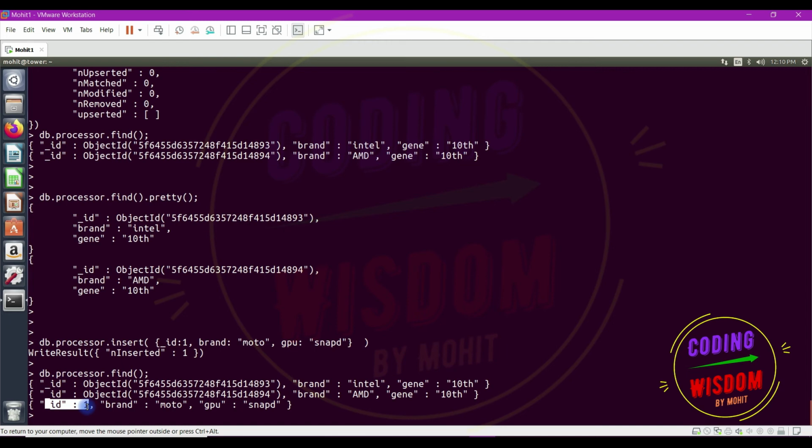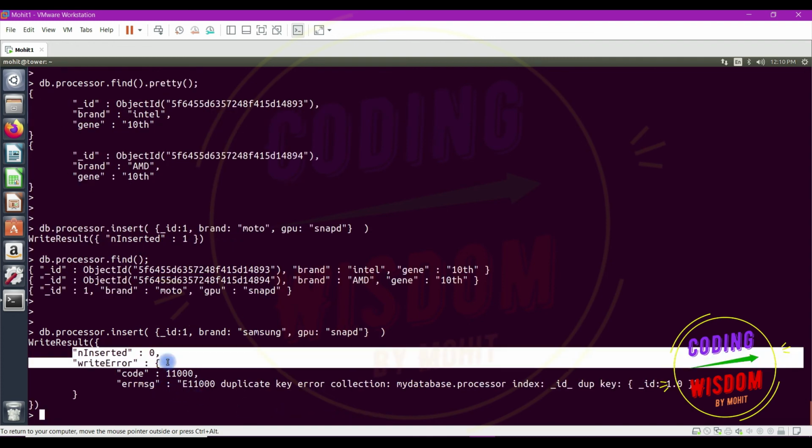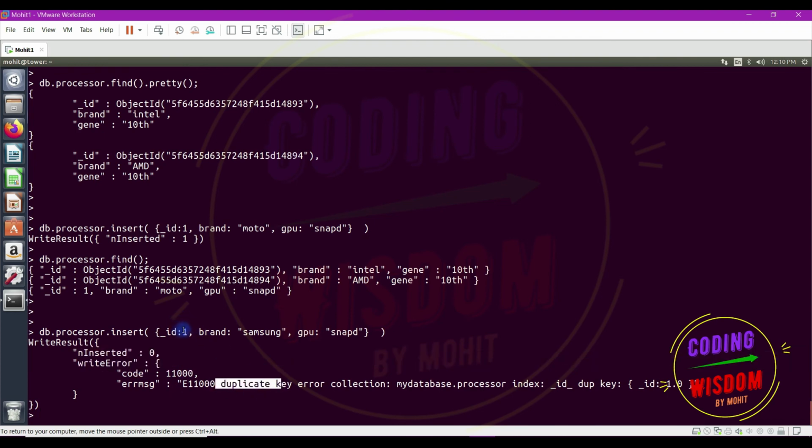I have created this ID manually this time, not automatically generated, because I explicitly gave this ID. But make sure this ID must be unique. If I try to give the same ID again, I'm changing the name here, Moto, I'm saying it's Samsung. ID same. Now I'm getting an error. What kind of error? The error is duplicate key error because I'm using the same key again. Okay, I think you got my point. So don't use the same key again. If you are giving it manually, then take care of this.